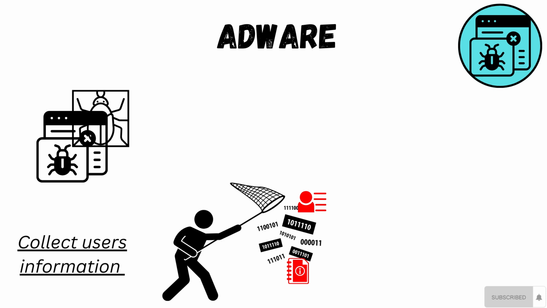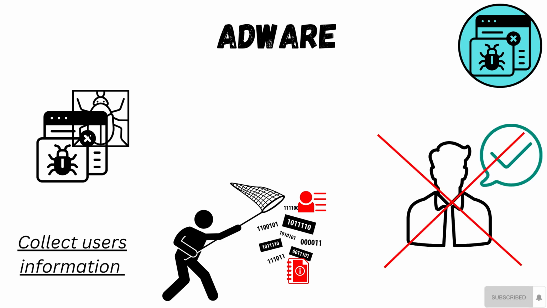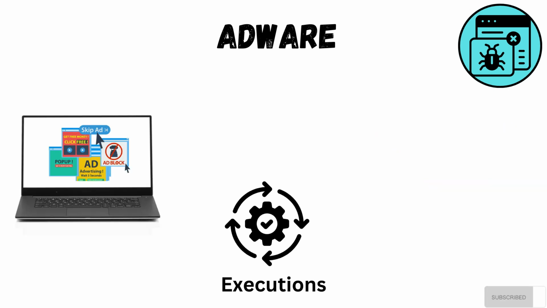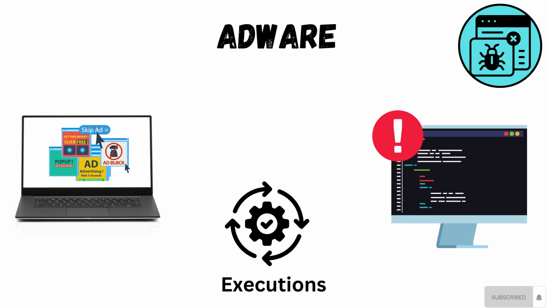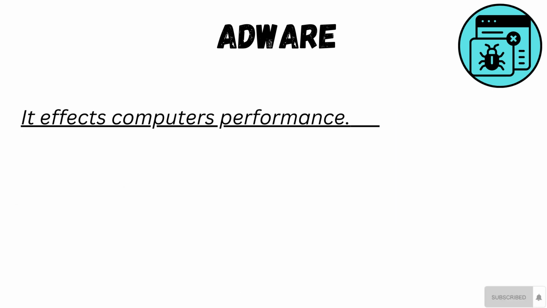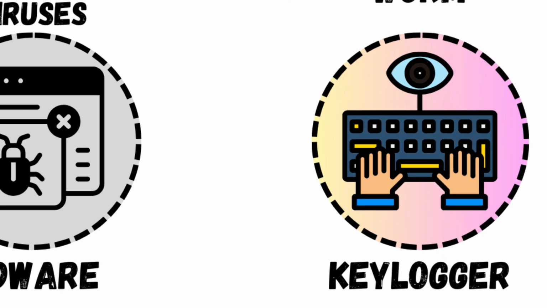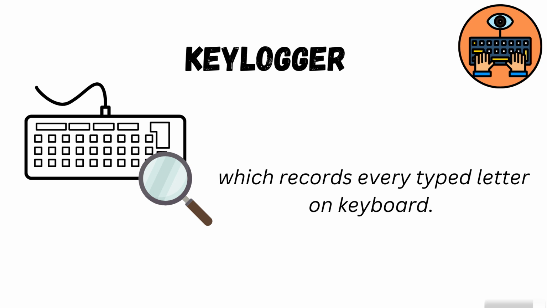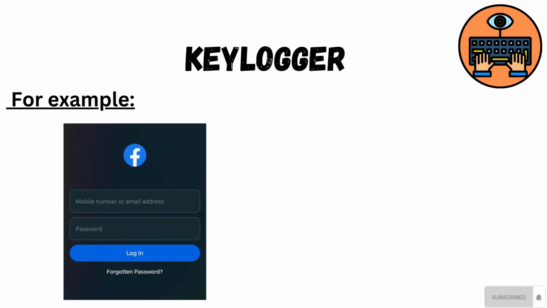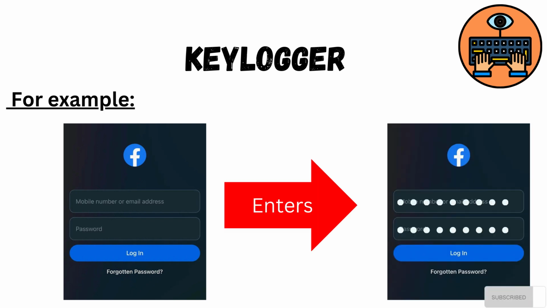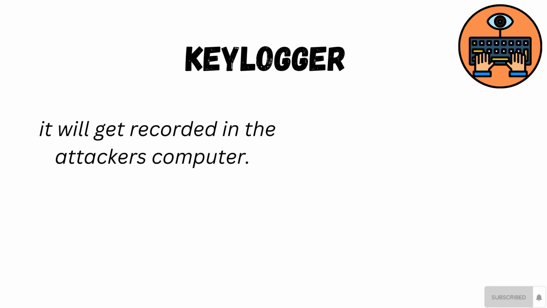Adware. Some adware may also collect user information without their permission. It pops up advertisements during execution of the infected program. It affects the computer's performance. Keylogger. A keylogger is software which records every typed letter on the keyboard. For example, when the user uses Facebook and enters the Facebook account details, it will get recorded in the attacker's